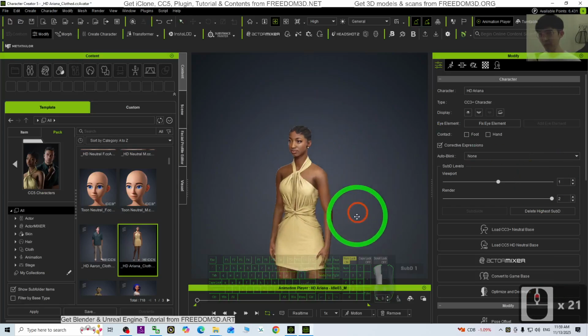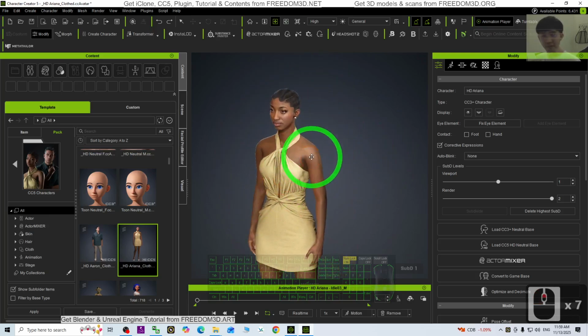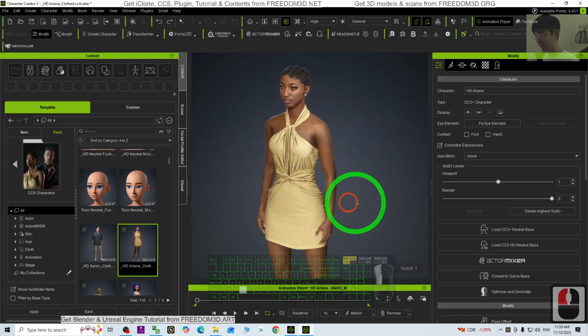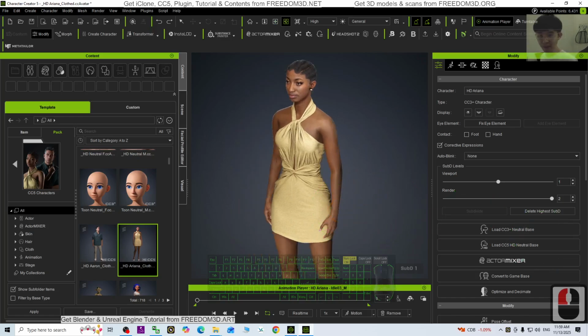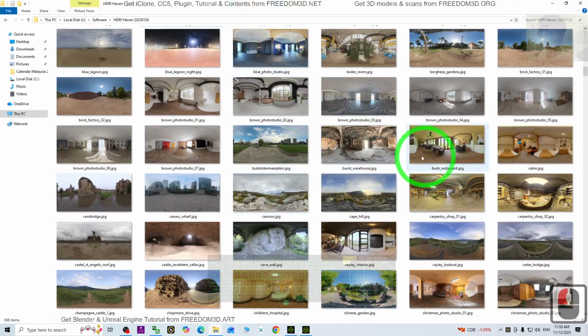Today I'm going to show you how to adjust the lighting for your CC5, the Character Creator 5. I'm going to show you the easiest and most effective way to adjust the lighting in CC5. So the first step, what you need to do is just get any of the HDRI, any of the pictures,